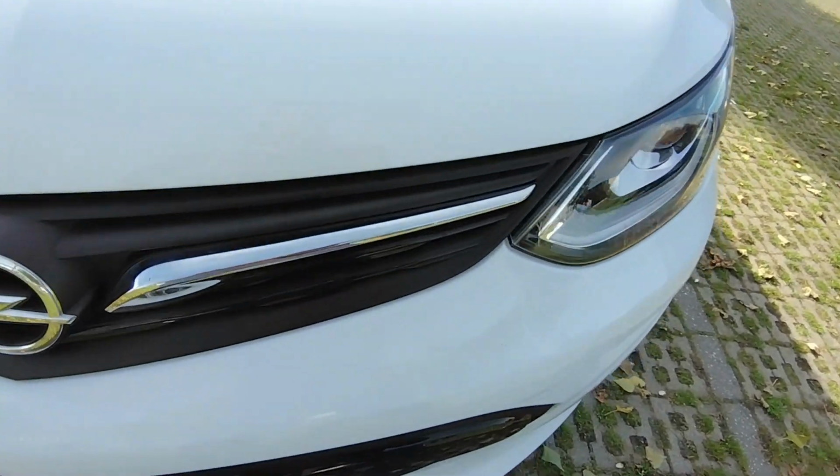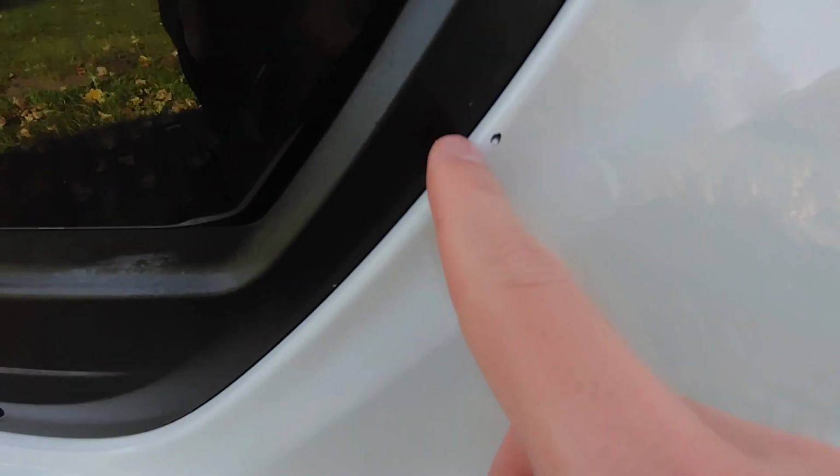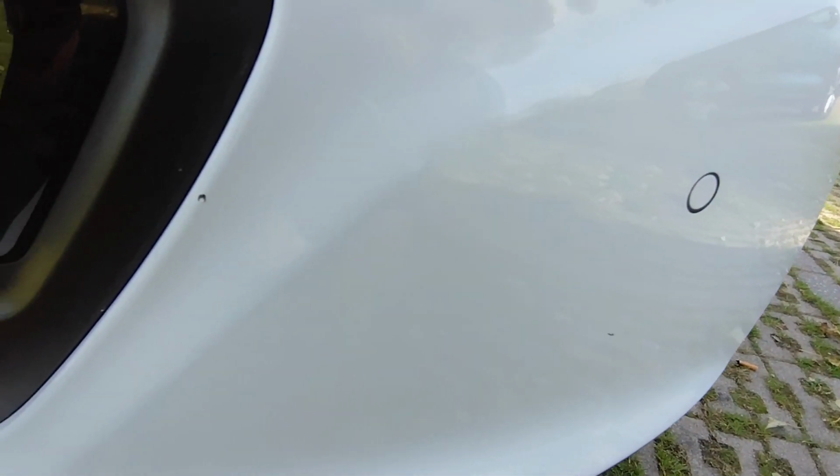Well, one thing I would really like to fix in this car, as you can see right here, is chipstone, stones that fly up from cars that drive in front of you. If you don't do anything about this, over time it can get worse, and in the winter all the road salt and everything gets in it. You might also run the risk of blasting it off with a high pressure washer. I also have it here, see? And here, there's really nothing you can do about it, but today I want to test something I found on